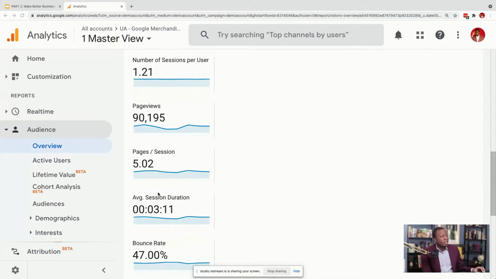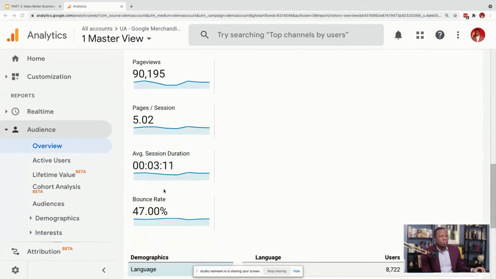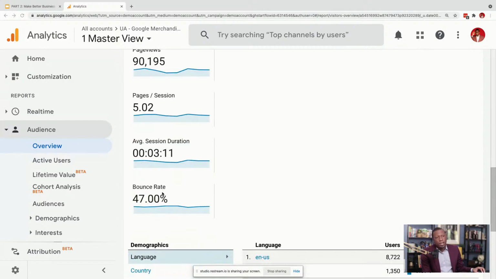and probably they're more likely to make a purchase if they're spending more time on your website. One more stat is bounce rate. We talked about this last webinar, and you want to keep this under 50%. This is the number of people that come to your website and leave automatically, because it's a mistake, or they don't see the information they want, and that's why they leave. So once again, you want to try to keep this number always under 50%.